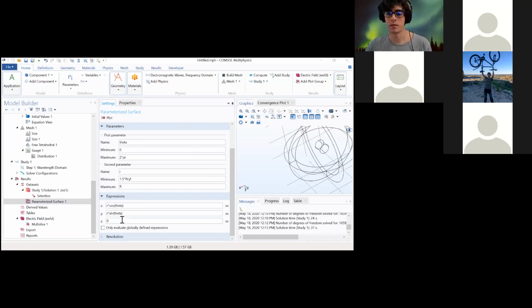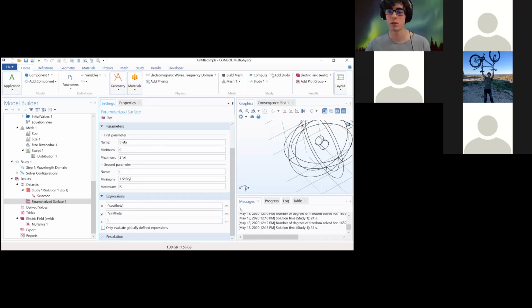Okay. So in principle, what I did here, I just made a polar system of coordinates and said that I want a surface that goes from 0 to 2 pi, and then the radius from 1.5 times the radius of the cylinder to r. And basically, I set the expression in a way that z is equal to 0. So it will make a plane at z equals 0, but it will not make the full plane. It will start at 1.5 times the radius of the cylinder. So if I plot it,